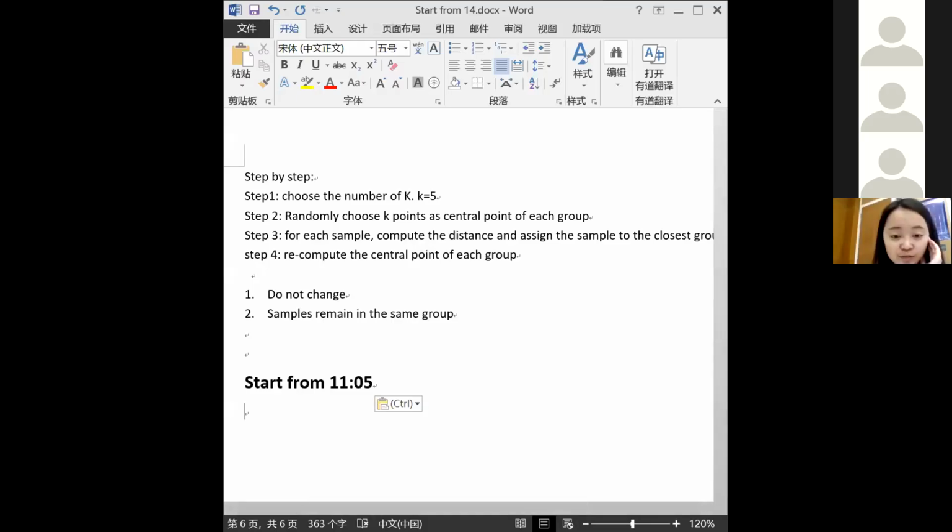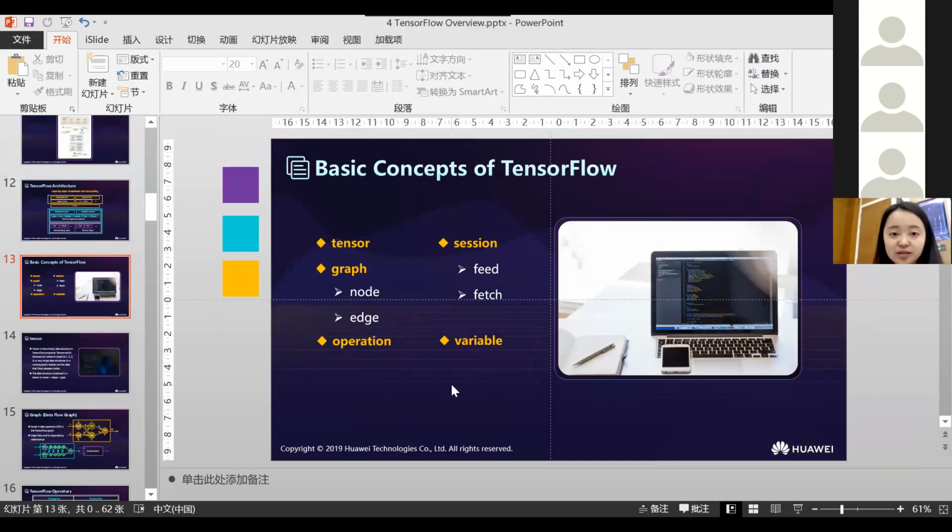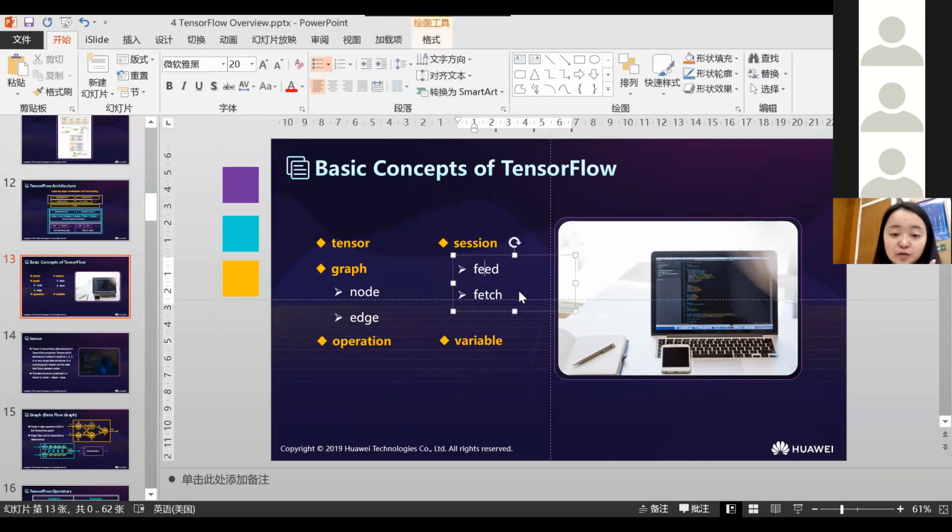We start with a review of what we learned yesterday. First, yesterday we talked about TensorFlow. We use TensorFlow to create constant variables and also a graph, and we talked about how to feed input values